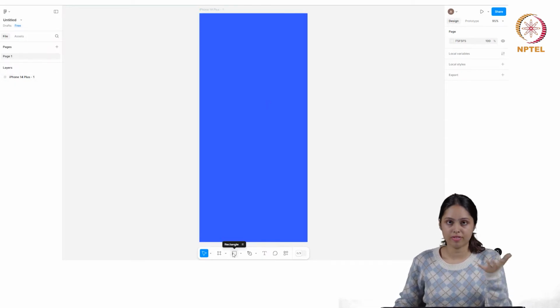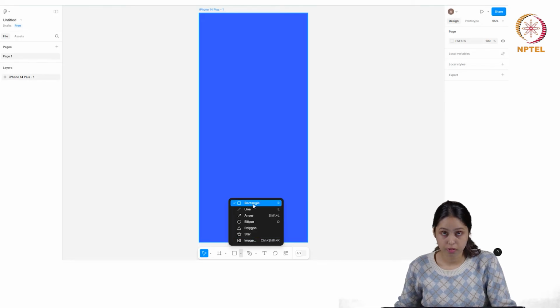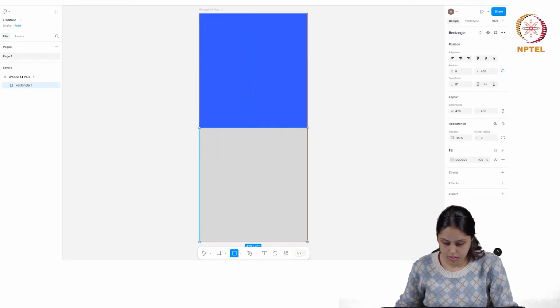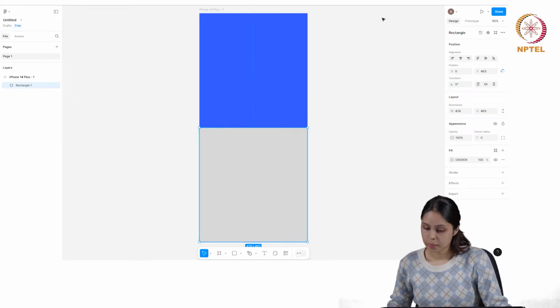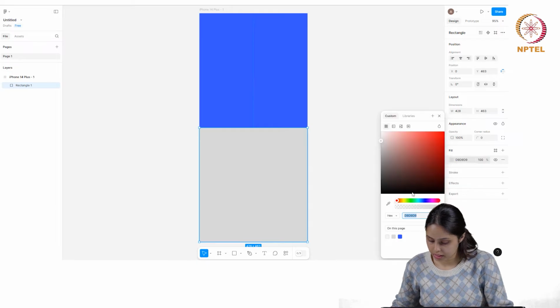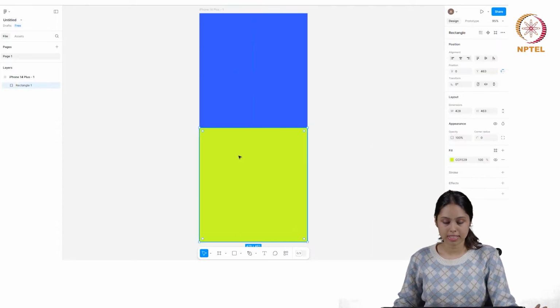Now, how to add different shapes to it. These are the shape tools that I'm highlighting right now. You can choose different shapes from it: rectangle, line, arrow, ellipse, polygon, star, etc. Let's just choose a basic rectangle. And you just draw over here, maybe here, like this. Cool. Let's add a different kind of color to it, maybe something contrasting or light. Okay, this is the basic thing that we have right now.